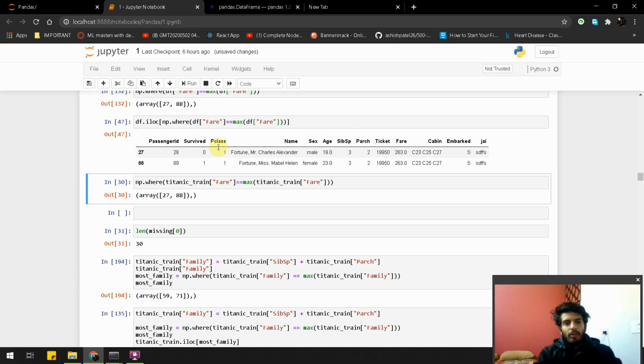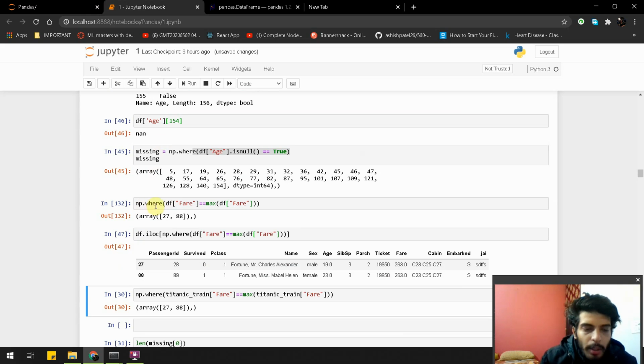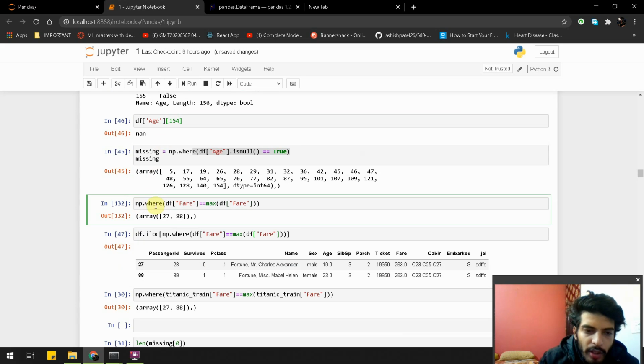The iloc function also does this, but np.where is a method from numpy, which I will be covering in my next video, because the numpy tutorial will be my next video. So actually we need to talk about pandas.